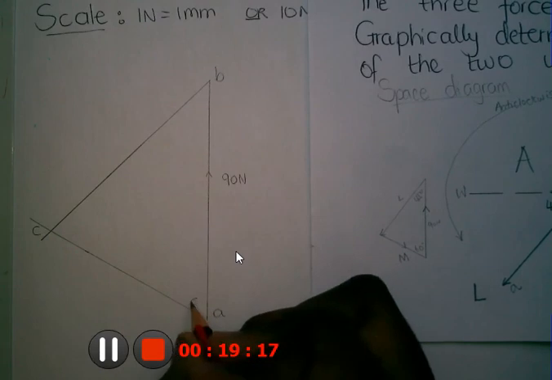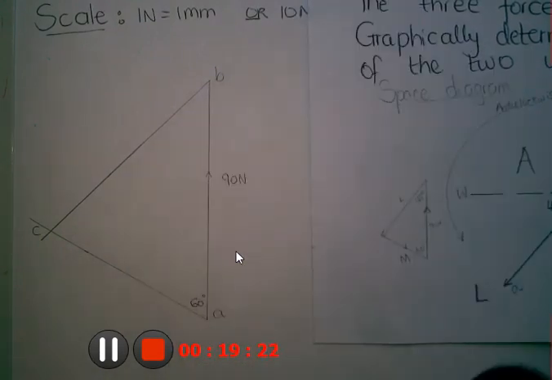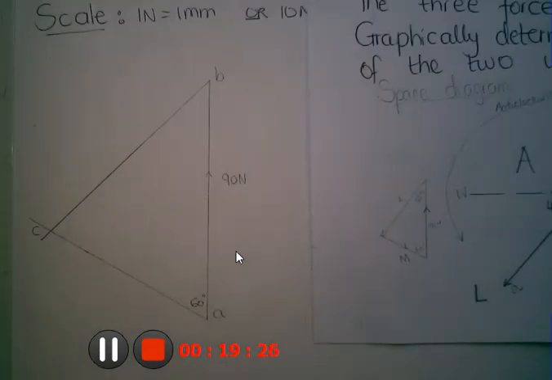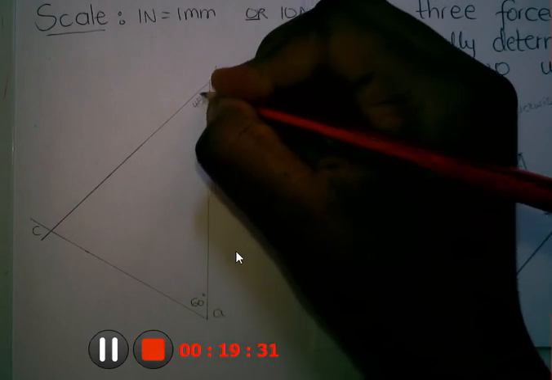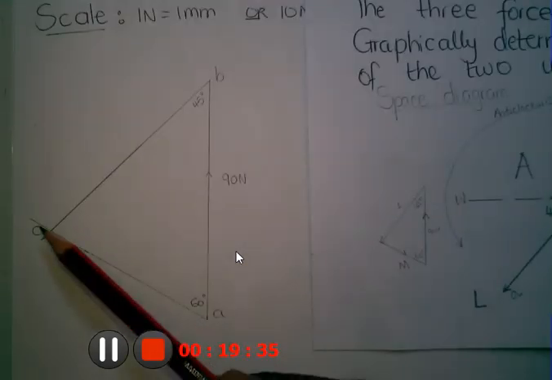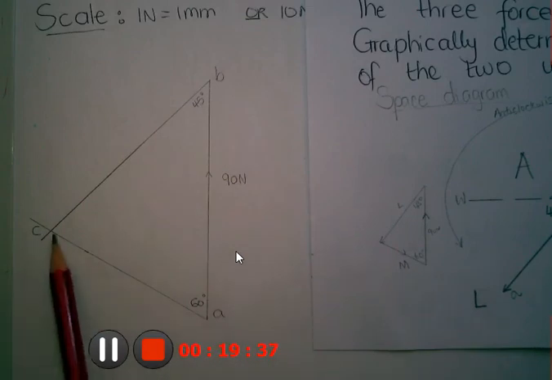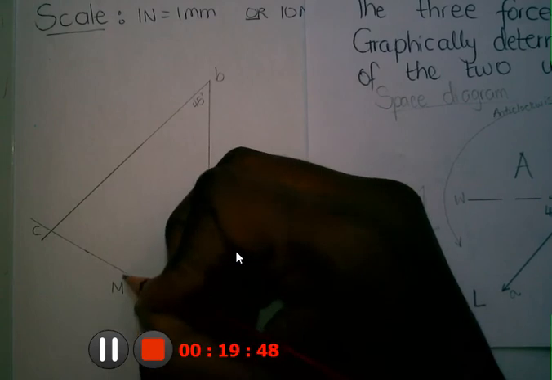The two lines, the M and the L, you do not know their sizes because we are drawing to determine their sizes, the sizes of the forces. So it means when you join them to 90 newtons, you just extend the line, and then they will cut or they will cross at the point where they will stop. That is your point C. So that is C, and this is M,